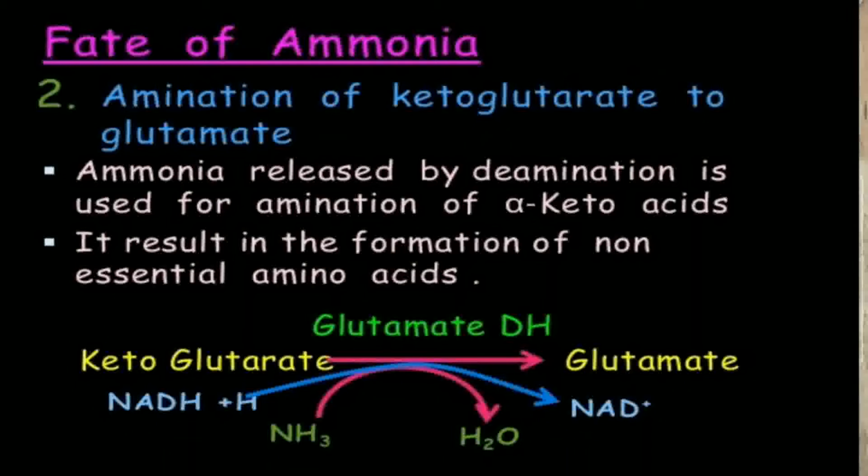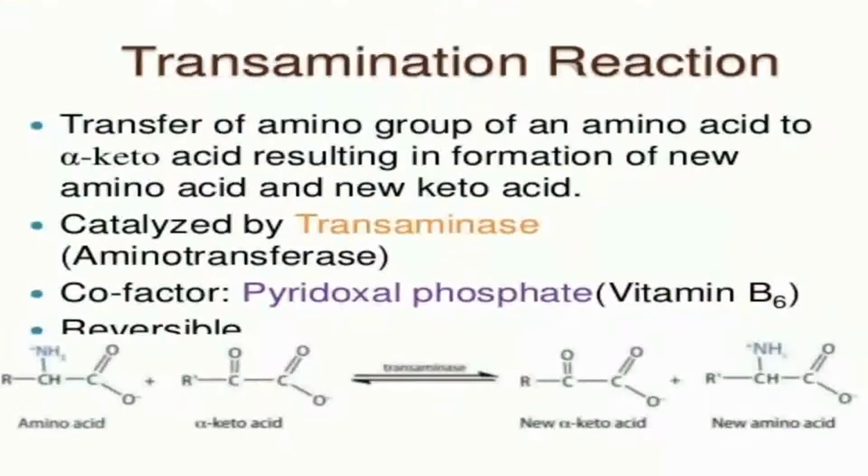And if this does not occur, then the second way is the transamination. What happens here? It involves the transfer of an amino group from one amino acid to the keto group of a keto acid. Glutamic acid is the main amino acid from which the transfer of NH2, the amino group, takes place, and other amino acids are formed through transamination. The enzyme transaminase catalyzes all these reactions as indicated here.